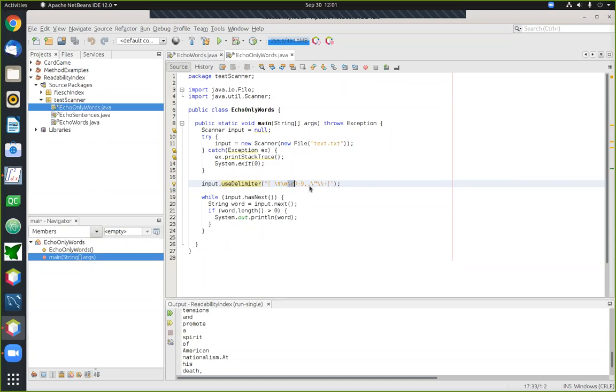These include things like punctuation, quote marks, dashes, periods, commas, and even things like numbers, because somewhere in the text there may be dates, there may be years and things, and because I don't want to treat those things as words, I'm basically going to treat any number as a separator as well. All right, so what this will tell the scanner to do is that when it sees anything that looks like any one of these characters, it should simply skip over that and then go on and look instead for actual characters when it's looking for words.